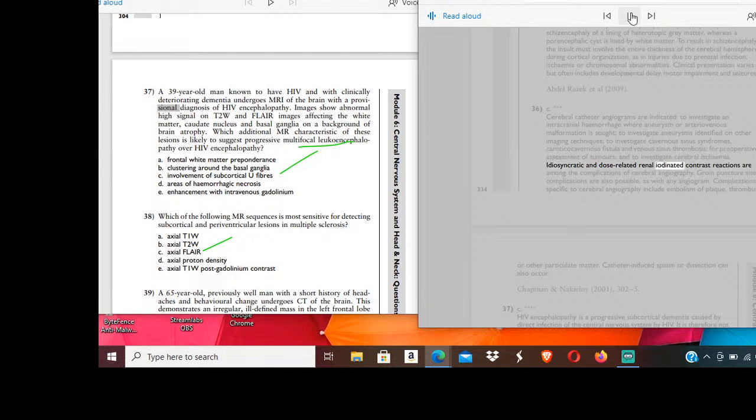Idiosyncratic and dose-related renal iodinated contrast reactions are among the complications of cerebral angiography. Groin puncture site complications are also possible, as with any angiogram. Complications specific to cerebral angiography include embolism of plaque, thrombus,